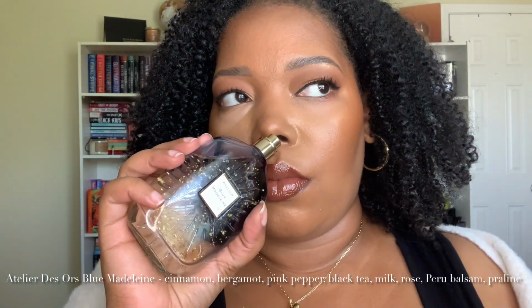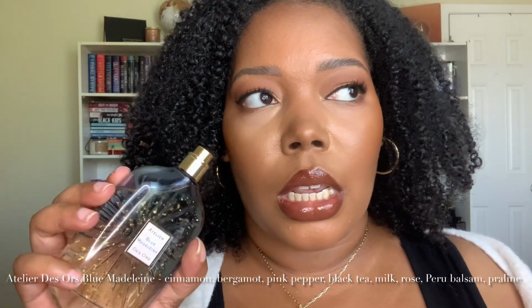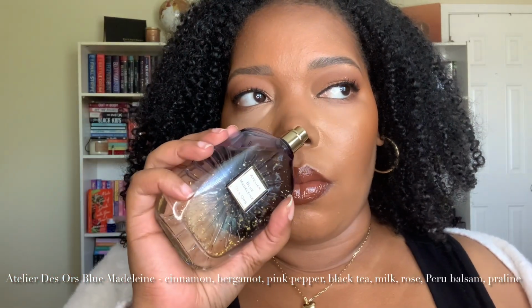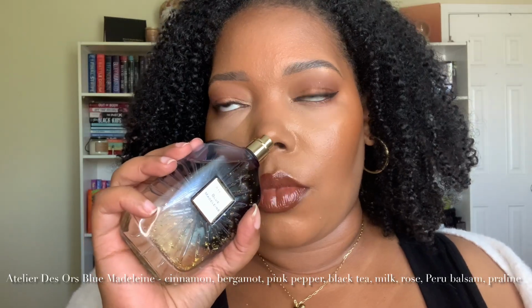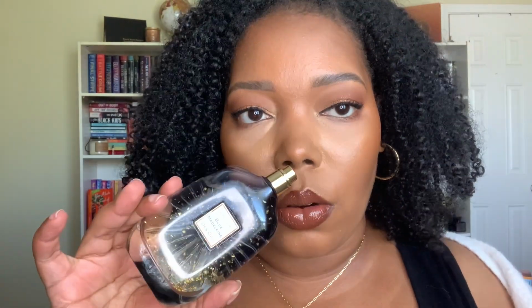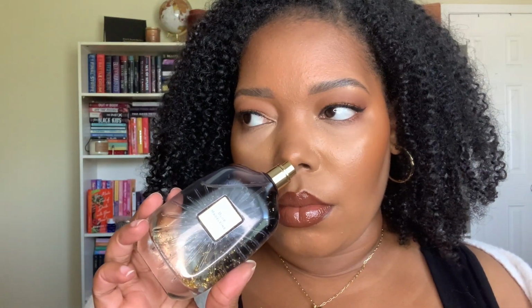This is a soft, creamy tea with some smoky facets to it. So this obviously has that Madeleine note, but this also features bergamot. It features black tea. I think specifically Earl Grey tea. It is warm and smoky,